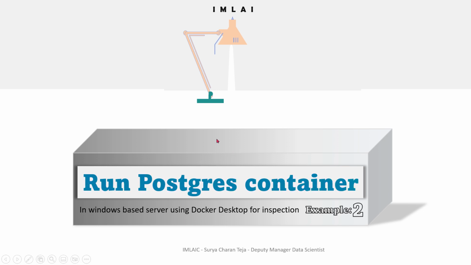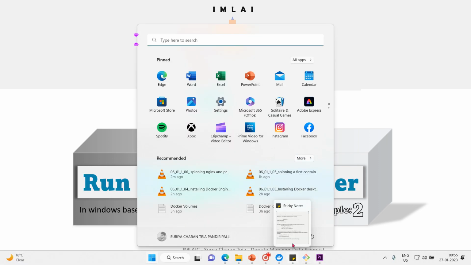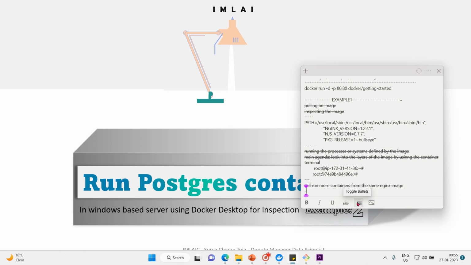We will do the inspection, and we will do the log check, and we will enter into the terminal of that, and see how it looks, how it feels if you use Docker Desktop, and how the feel differs between Docker Desktop and Docker Engine in an Ubuntu server. So that's the main agenda here. The main agenda in example 2 is, so let me